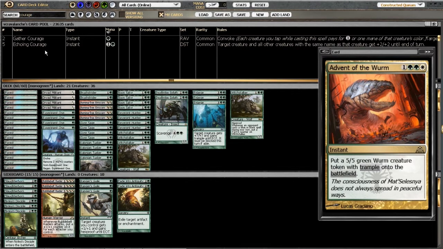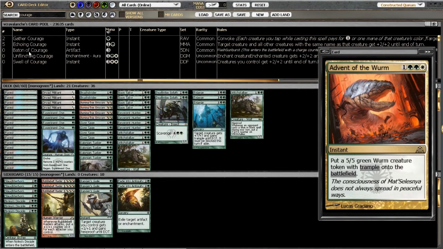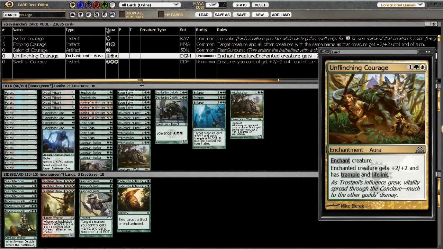There we go. I just have to check off this My Cards list. Alright, so Unflinching Courage here. +2/+2 lifelink and trample. So, very good card to put on Witchstalker. Alright, so that's Selesnya. Then you could go into the blue, and the ones that I've seen go into blue